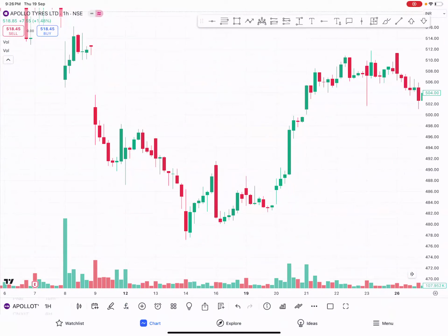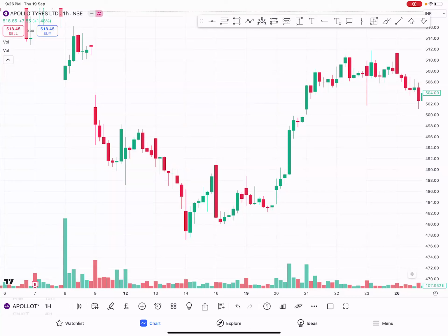So green and red volume means that if volume is higher, you will be able to see a bigger candle being formed on the chart. If it's a big green candle, buyers are pushing price upwards. So buyers are more intense here. And if it's a big red candle, it means sellers are pushing the price downwards. That's why the size of the candle is so big.